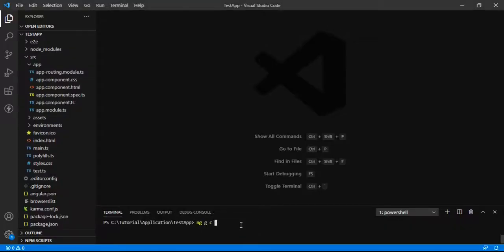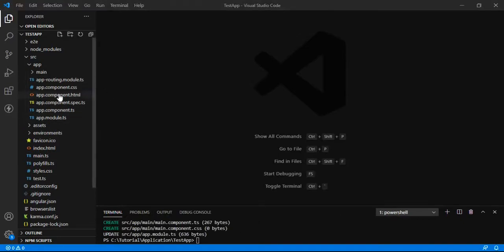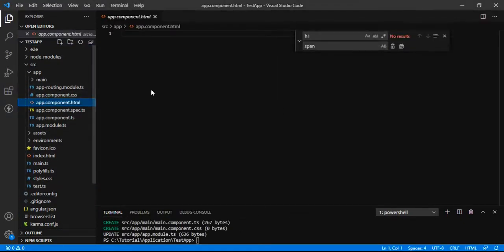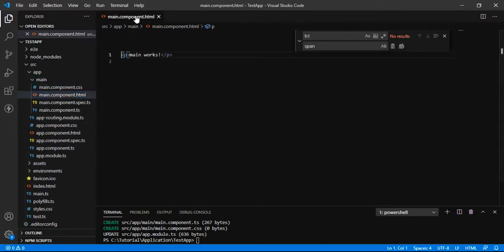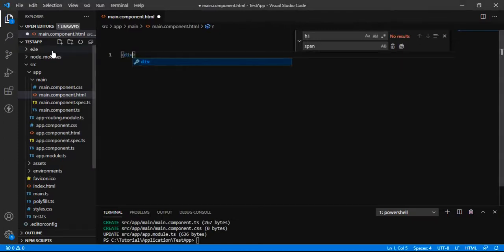Let me create a new component, that is the main component, and let us open it and do something that helps us achieve the dynamic content projection.